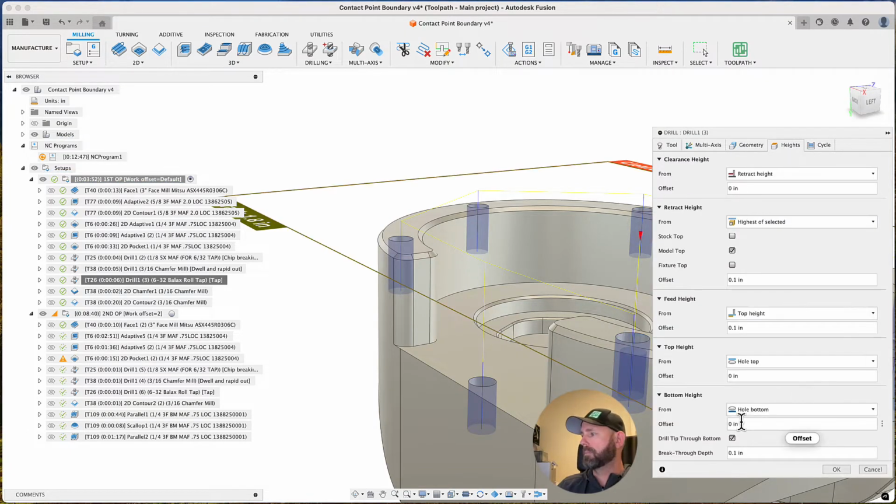Same thing we're going to do. We're going to do parentheses 1 divided by 32. That'll give us our pitch. We're going to times that by 4.5. And that'll give us just a little past the full thread depth, assuming these were modeled at the full thread